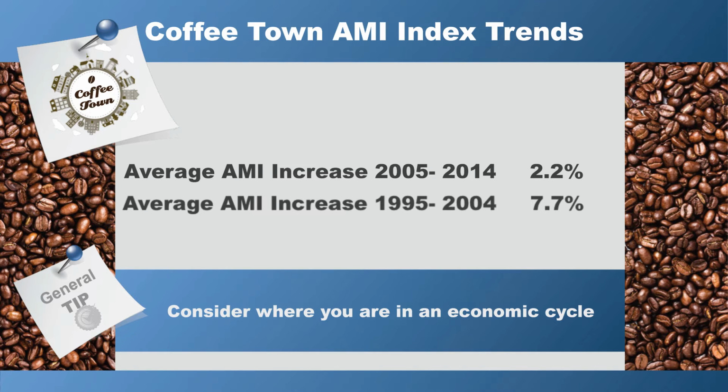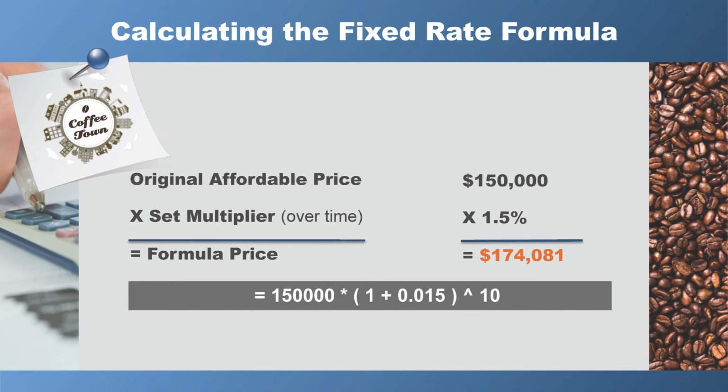So I think the AMI is a safe bet. Now let's assume that 10 years have passed and our homeowners want to sell their home. They contact us and want to know how much they can sell their home for. In the fixed-rate formula, we simply multiplied the affordable price of $150,000 by 1.5% compounded annually to arrive at a